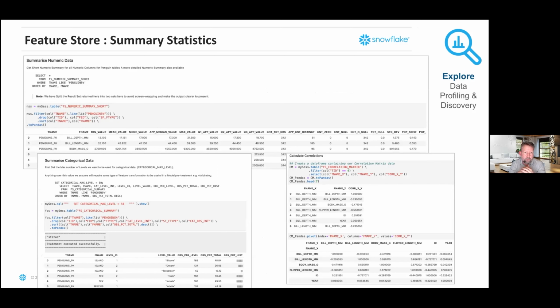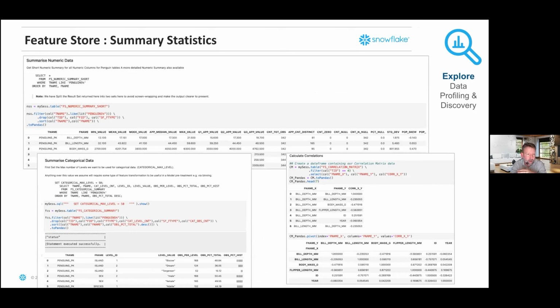So once we've got the data standardized inside Snowflake, then we can provide standardized functions and views over the top of it. Here you're actually seeing both SQL code and the Snowpark API underneath it doing functionally the same thing.